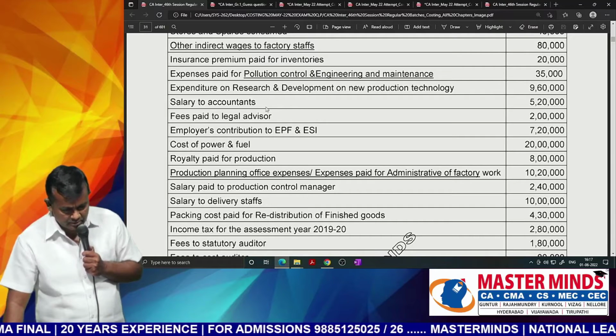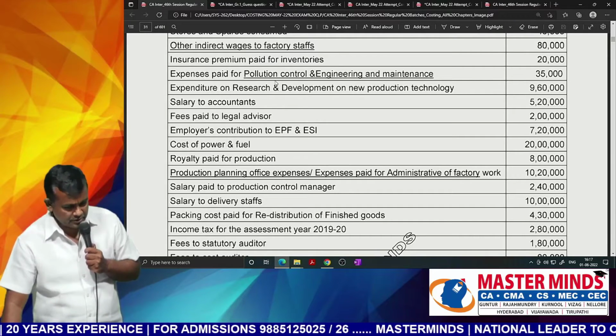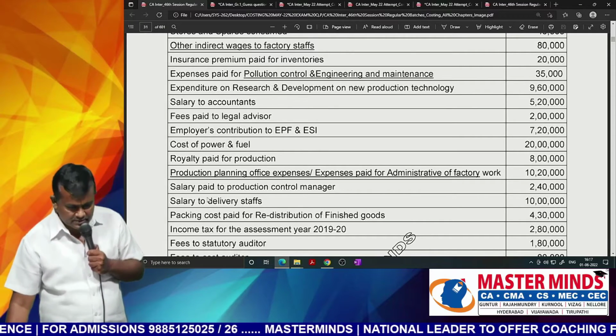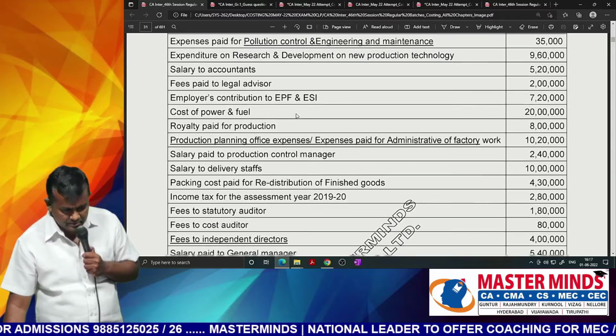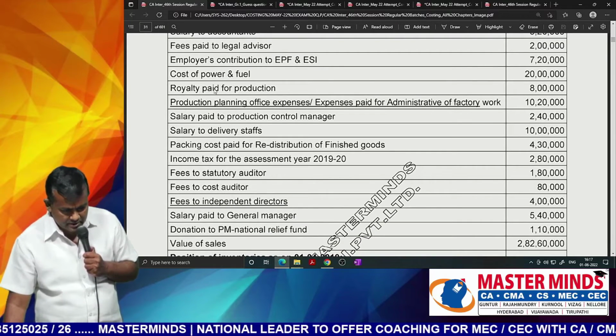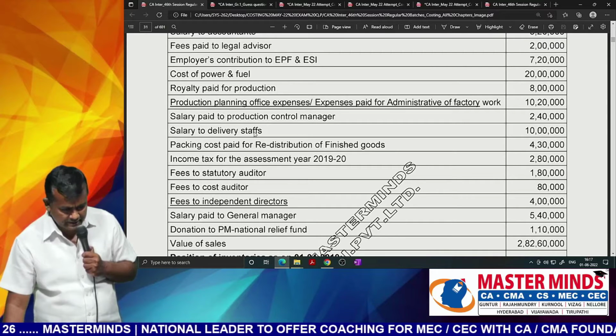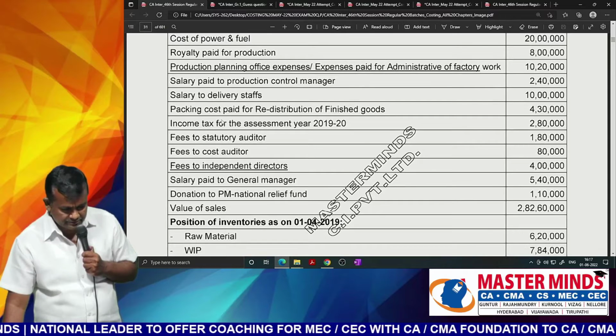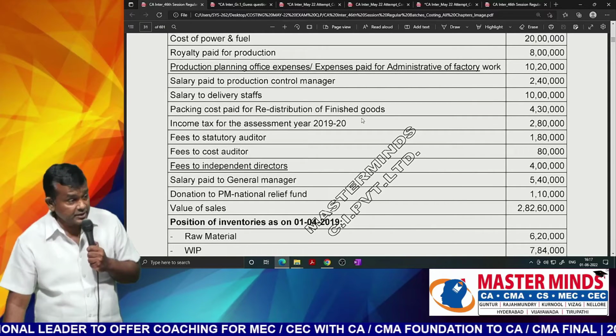Expenses on research and development. So expenses paid for pollution control and engineering and maintenance, cost limit already given in the examination. Next, expenditure on research and development, salary to accountants, fees paid to legal advisor, employer's contribution, cost of power and fuel, royalty, salary paid to production control manager, salary to delivery staff, packing cost paid for redistribution of finished goods, that